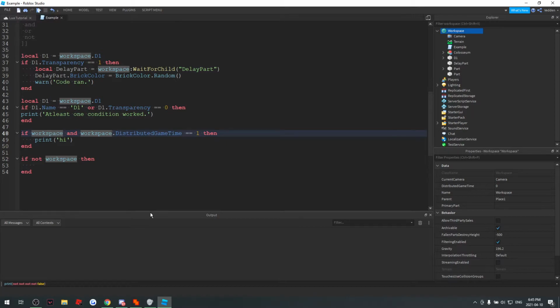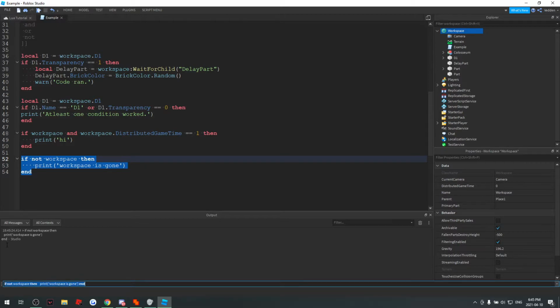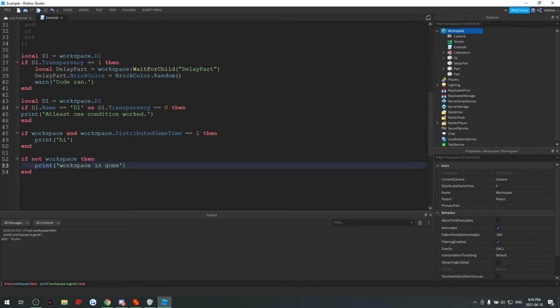Basically, when you crush it all together, like in its true nature, that's really what it is. So if I just do if not workspace, then print, whoops, workspace is gone. Oh, it didn't print anything because, well, workspace is there. But if we do another not, which is equivalent to,